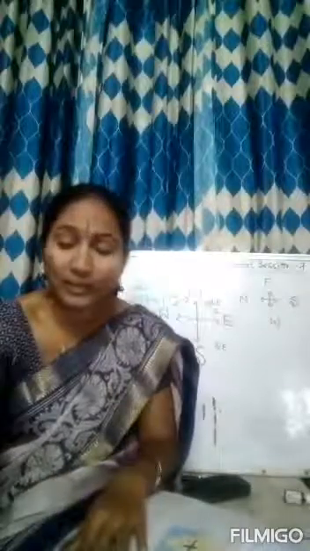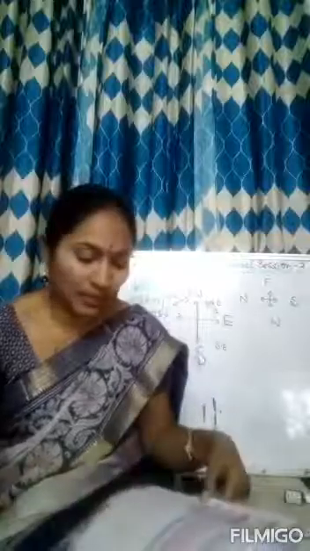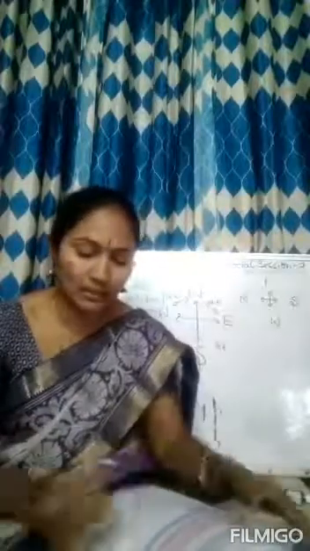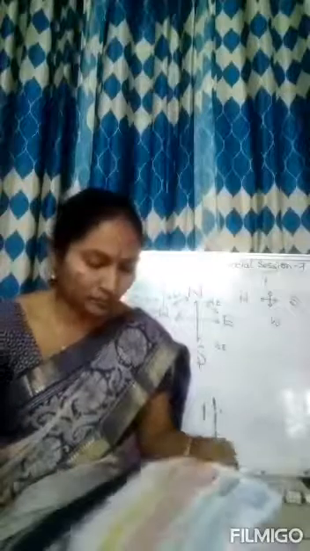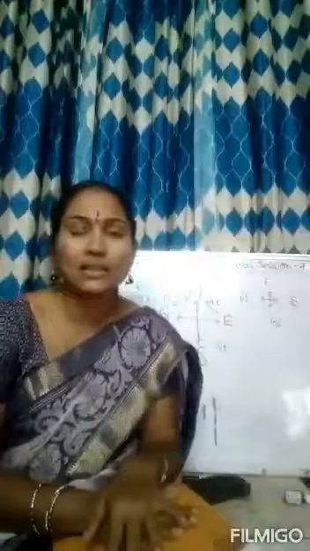Clear, children? This is about the lesson, and the homework you have to write it neatly and you have to mention the name. Next we will fill the blanks, true or false, question answers and everything, and go through the first lesson also and learn the question and answers. First lesson question answers also you have to be perfect. When you are writing homework itself you have to learn.